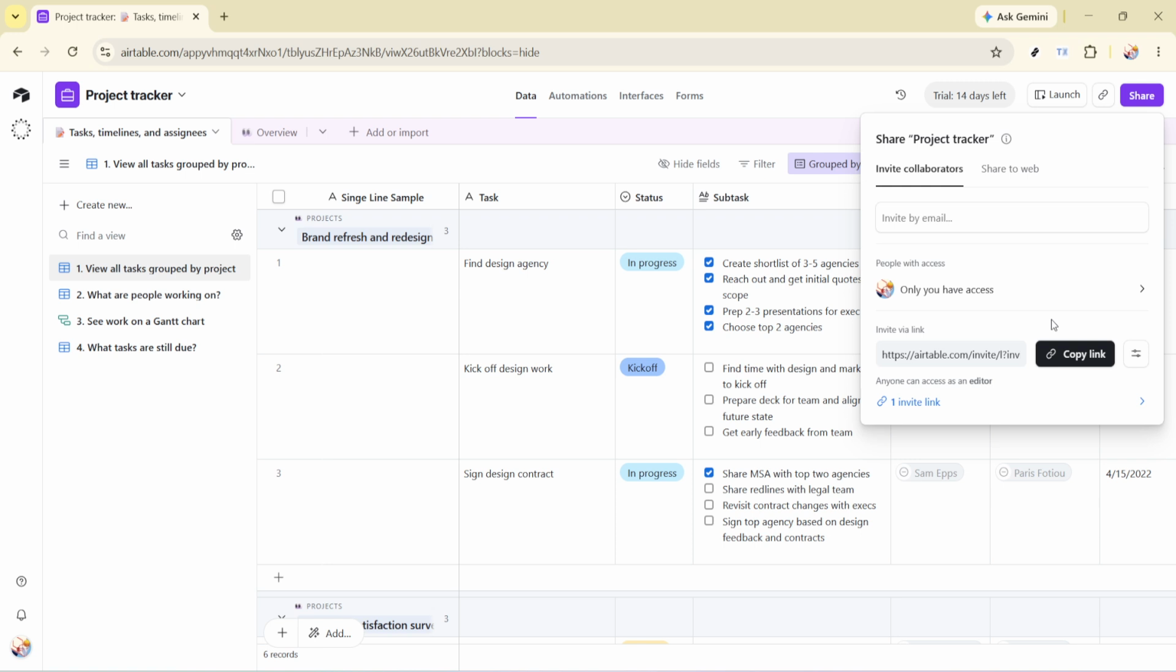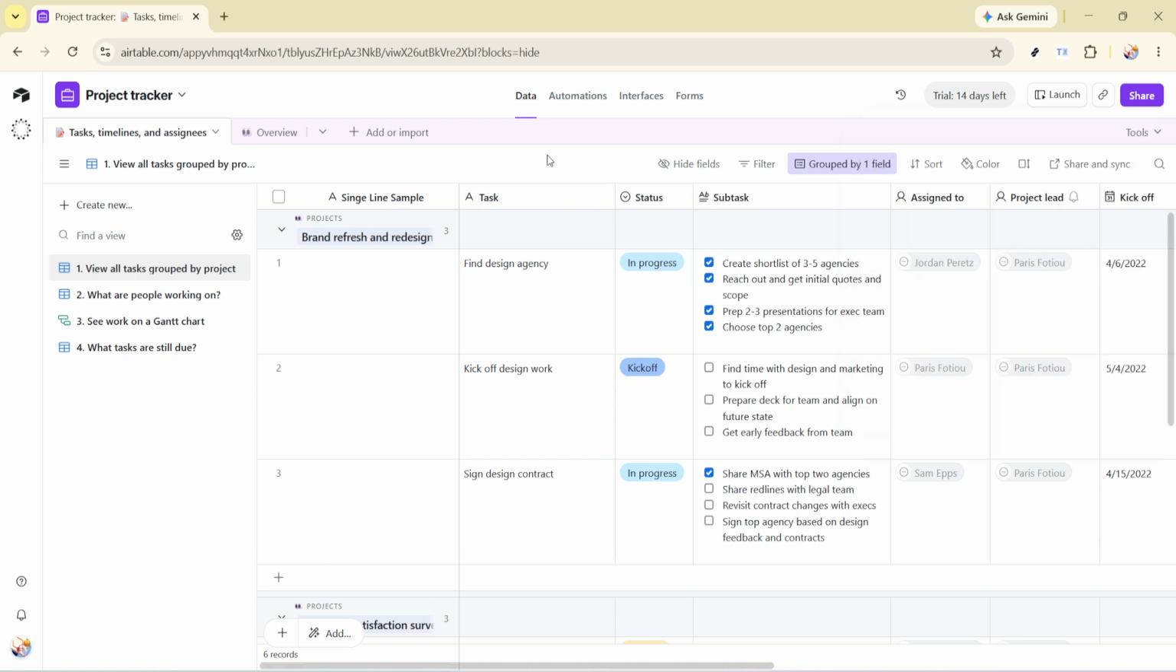Here's what to know. The shared view is read-only by default, so people who click your link can see the data, but they can't edit, add, or delete any records. The Share and Sync button will stay highlighted in pink from now on, which tells you this view is actively shared. The view updates automatically as you change data in your base, so when recipients refresh the page, they'll see